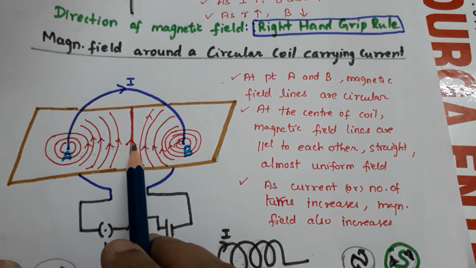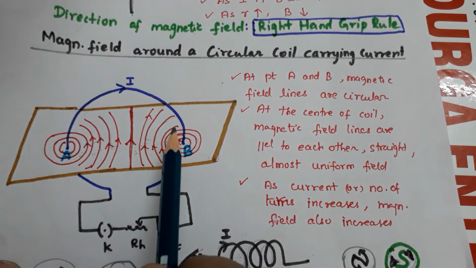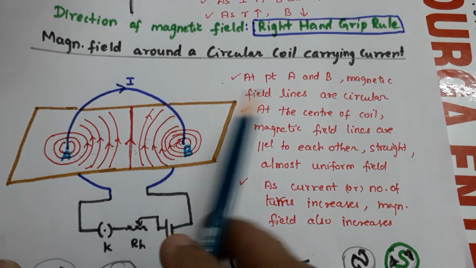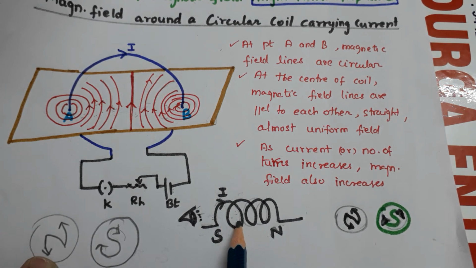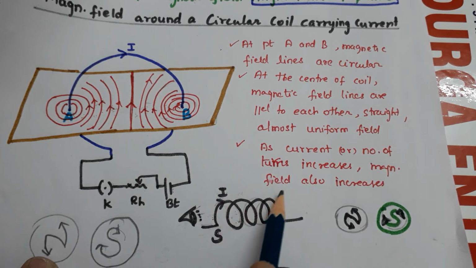So how can the magnetic field be increased? If you increase the number of turns, this loop is a single turn, right? On increasing the turns like this, here you can see 3 loops. So on increasing the number of turns or increasing the current strength, in either way the magnetic field can be increased. So already you know that a current carrying conductor will produce a magnetic field. This will act as a magnet. A magnet must have a south and a north pole. How do we find which end will have the south pole and which end the north pole?